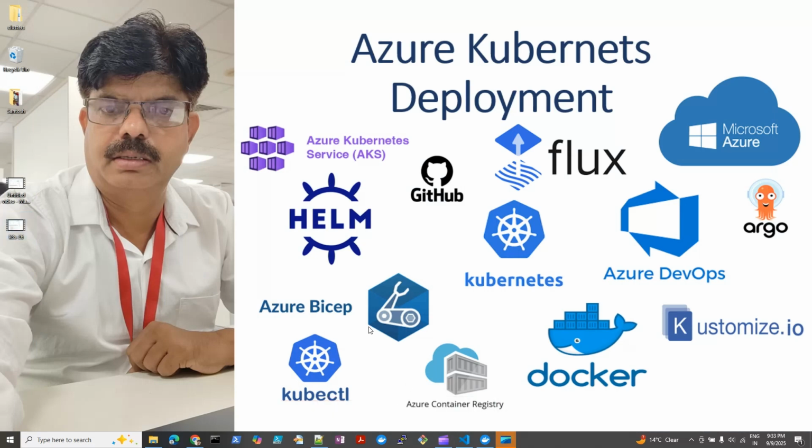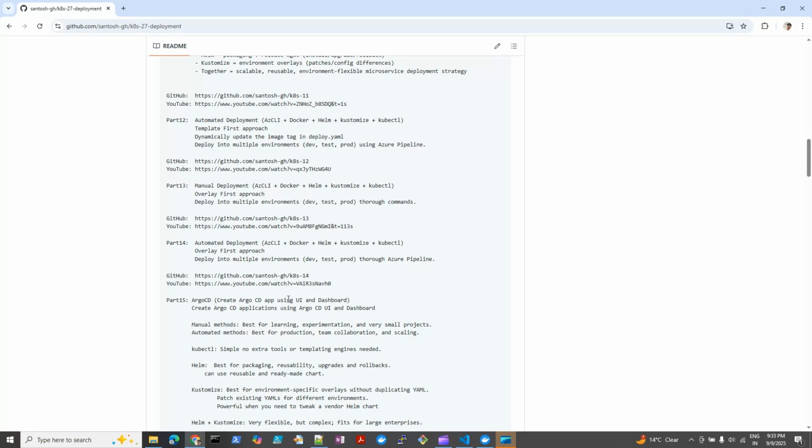Hello, welcome to Kubernetes Deployment Series Part 27. In this series, we are going to learn how to deploy microservices into a cluster using Flux and Helm Chart. And in this lab, particularly, we will learn how to deploy the microservices into multiple environments